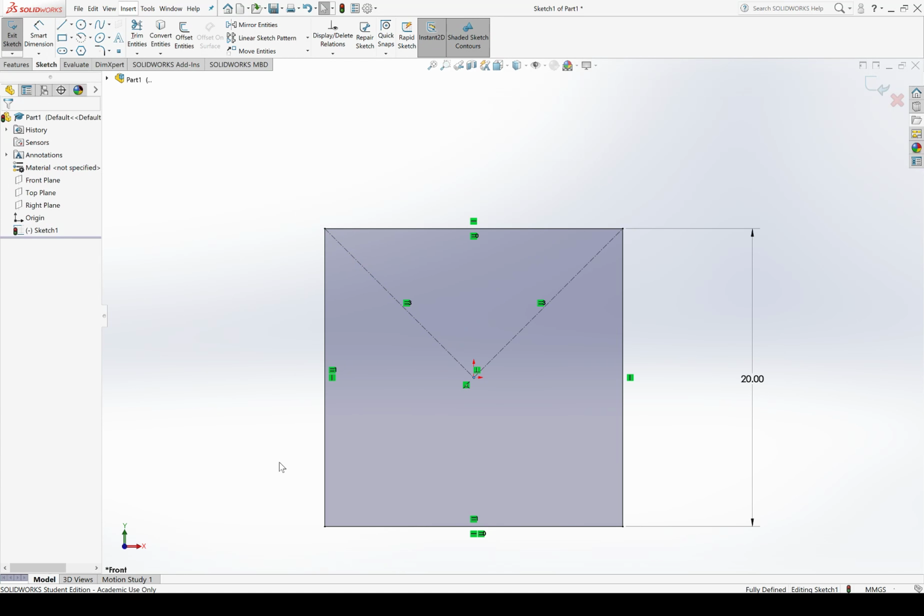So now that has forced a line starting from one corner of the square to the origin, and then another line starting from another corner of the square to the origin to be perpendicular and of the same length, which forces the intersection of those two lines to be in the center of the square, and because that's coincident with the origin, forces that to be in the center of the square.